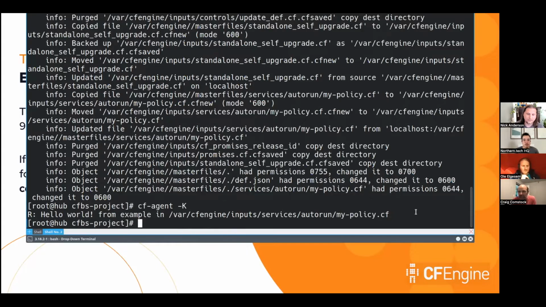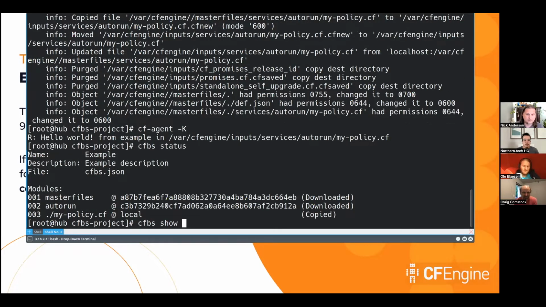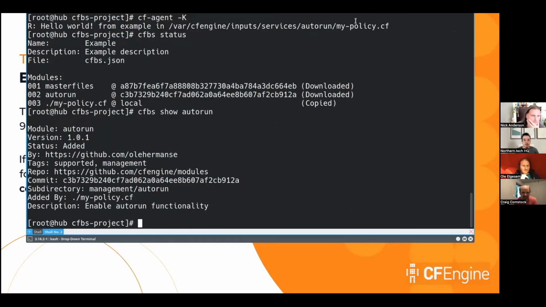And Nick, I noticed that there was an Autorun module that got added. Yeah. You're going to talk about that maybe? Show us what that is. Sure, so let's look at Autorun. Autorun was added here, and if we look at it,